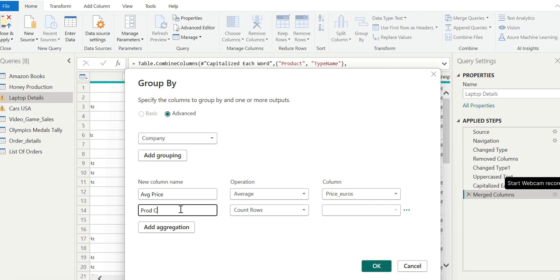We will name it prod count here, and choose count rows. The operation will remain as count rows, and we cannot select a column for this particular operation, so just proceed by hitting OK. Now we will have the new aggregated table, and we will see how many columns we have.